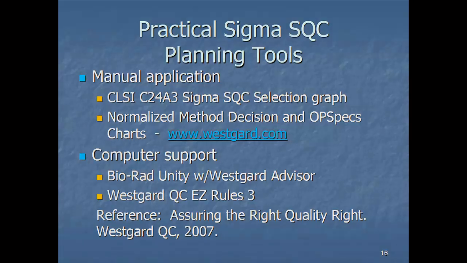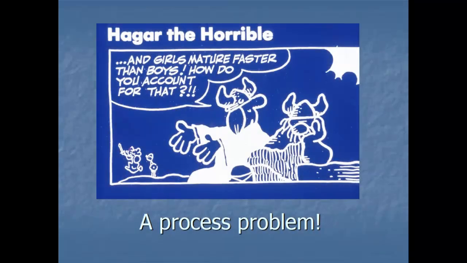And let me just close with this. Here's an age-old problem. When girls mature faster than boys, how do you account for that? Have any of you ever had a teenager? You know about this problem? Have you ever had 2 teenagers? And was the problem any simpler with the second one? I mean, you didn't learn anything by having the first one? You still have the same difficulties with the second one? Really?